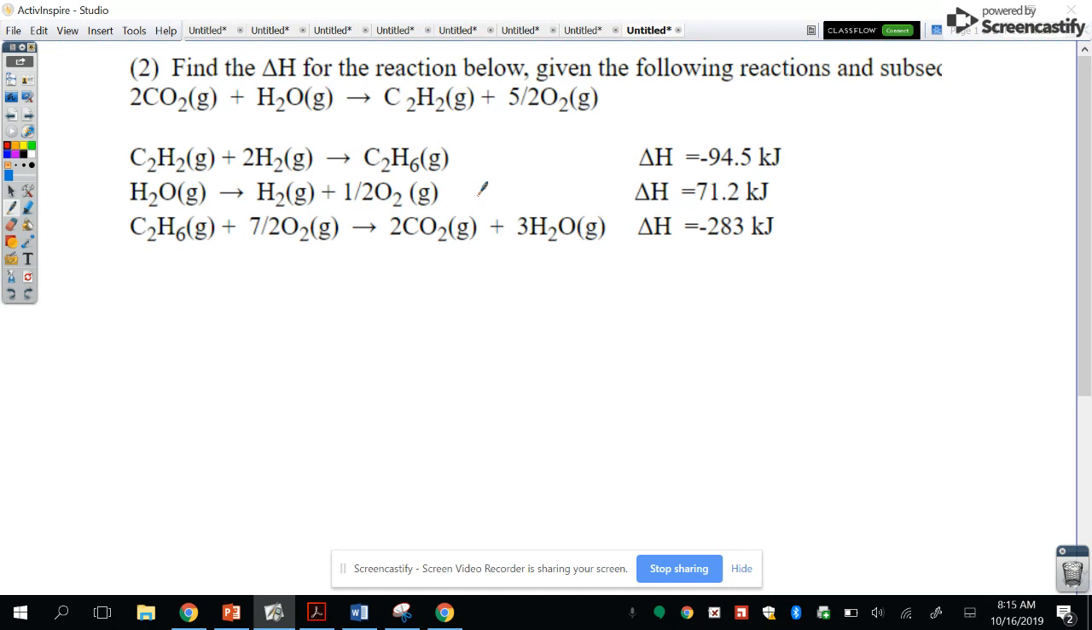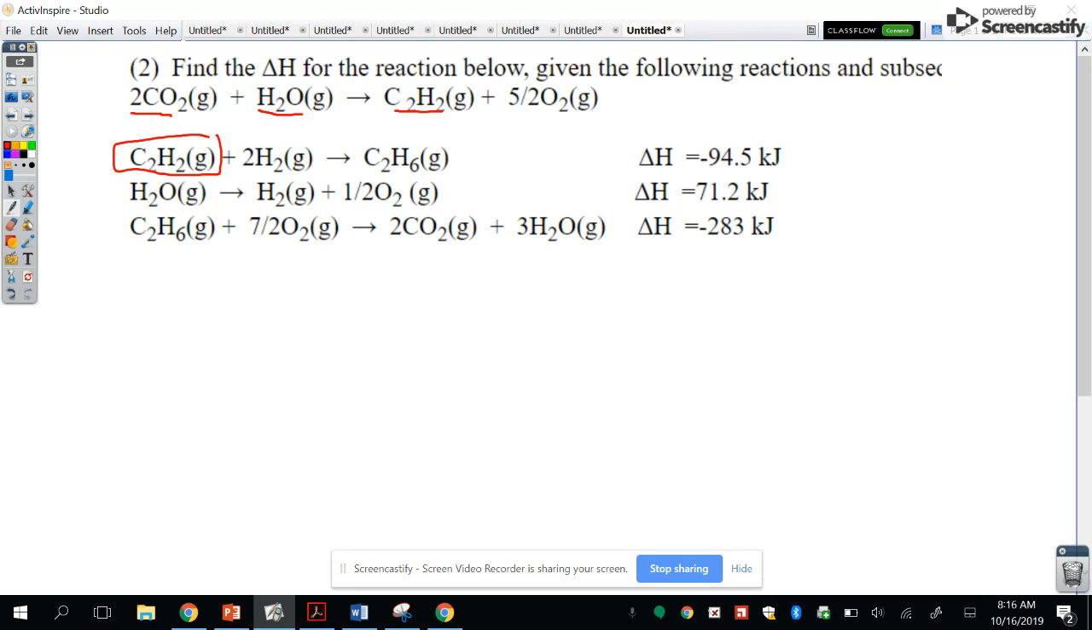And essentially what we're trying to do is to manipulate this system, kind of like a system of equations, but it's a system of reactions, so that we essentially only have what's in the parent equation left over and everything else cancels out. So I'm going to start by looking at the first in the system of equations, which is C2H2 plus 2H2 goes to C2H6. I'm going to look at my parent equation and see if there's anything here that also appears in this equation. And what I see is